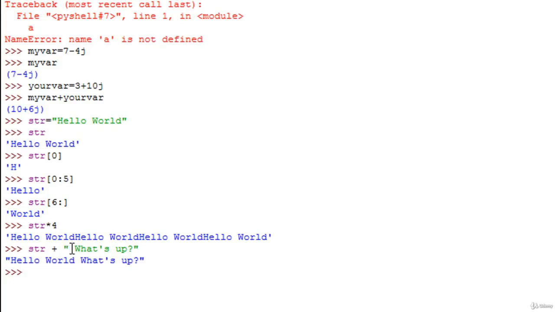So that's it for now. In the next tutorial, we're going to talk about lists and tuples. Lists and tuples are data types in Python, and really interesting and important data types. And I hope you guys are having fun in this